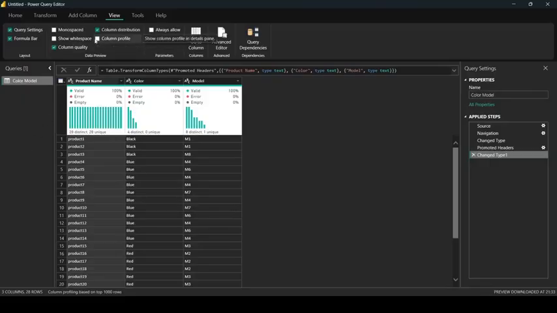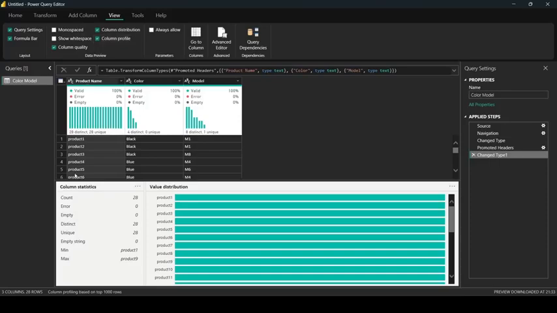And there is one option also, column profile. The column profile gives us the column statistics like count, how many errors in the column, empty, zero, empty, distinct, that you have seen, distinct and unique, and min and max. So it's a distinct column, so there is no min and max, and it is a really helpful feature